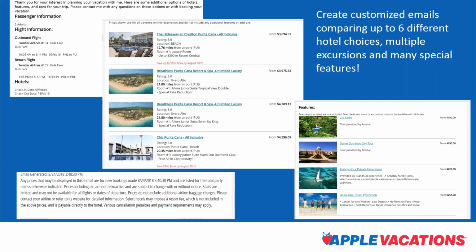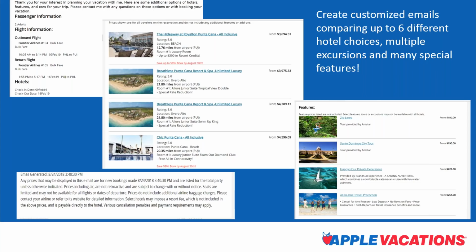And more importantly, you really want to create a unique experience for your client. The whole reason why clients come to a travel agent for their travel plans is for your area of expertise, number one, but it's also because people work very hard for their time off, for their vacation time, and they want somebody who's going to take the time to talk to them about what type of things they want to do while they're on vacation and really create a unique vacation experience for them. And you do that by offering some additional features.